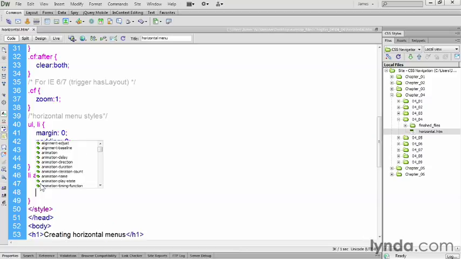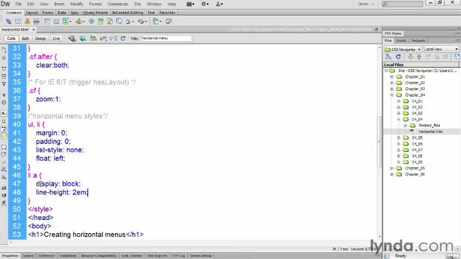And the next thing I want to do is I want to vertically center the text within the link area. One of the ways that we know how to do that is to use line height. So I'm just going to go ahead and set a line height property here of 2 ems. Remember, if the line height value is larger than the text, then the remaining space gets split, half of it above the text, half of it below the text to create the line box itself, and that's going to center